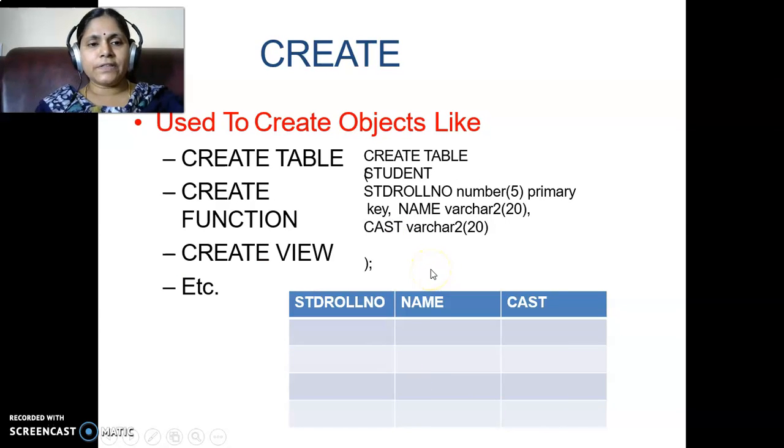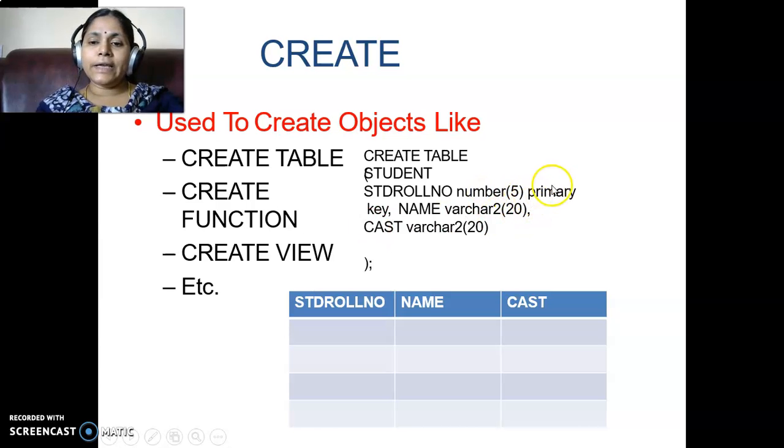Let me start with the create statement. Create is used to create objects like create table, create function, create view, etc. In this slide, I am giving an example for create table. To create a table, we write create table, table name. The table name here is student, with student roll number as the attribute with the data type number and primary key.